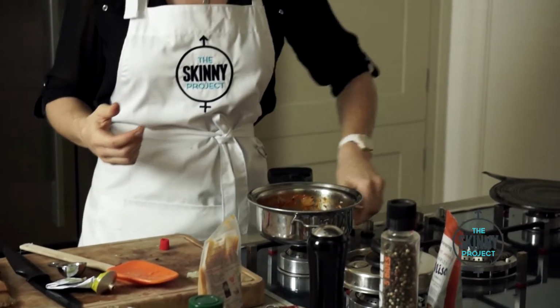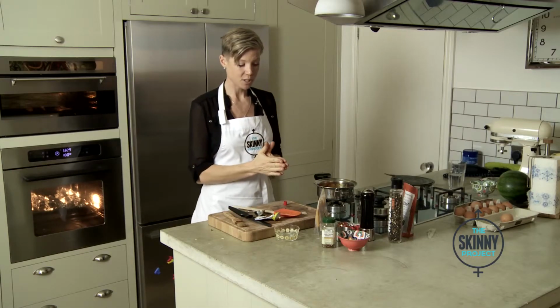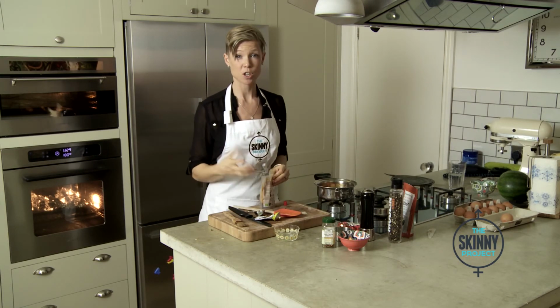And I'm going to turn off the heat because I want to add the miso, but I don't want to actually cook with the miso because ideally you want to get an unpasteurized miso, so it's live and raw. Because the bacteria is very fragile, we don't want to expose it